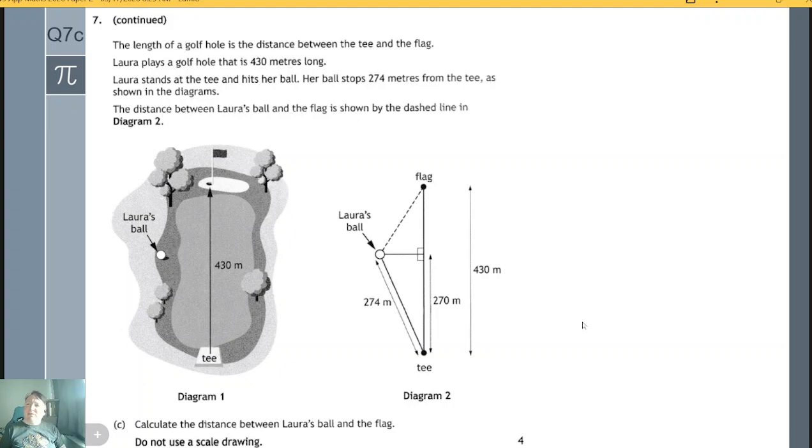Yeah, because you've got enough paper and ruler for a scale drawing. Don't do it. Right, so we've got right angle triangles. Let's use them. So we know we've got a triangle that is 270 and 274 and h, and we can work out h squared as 274 squared plus 270 squared,